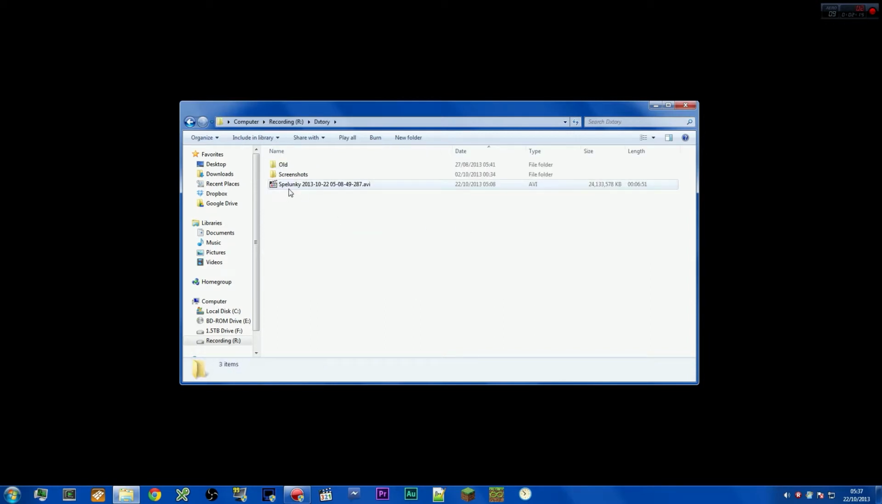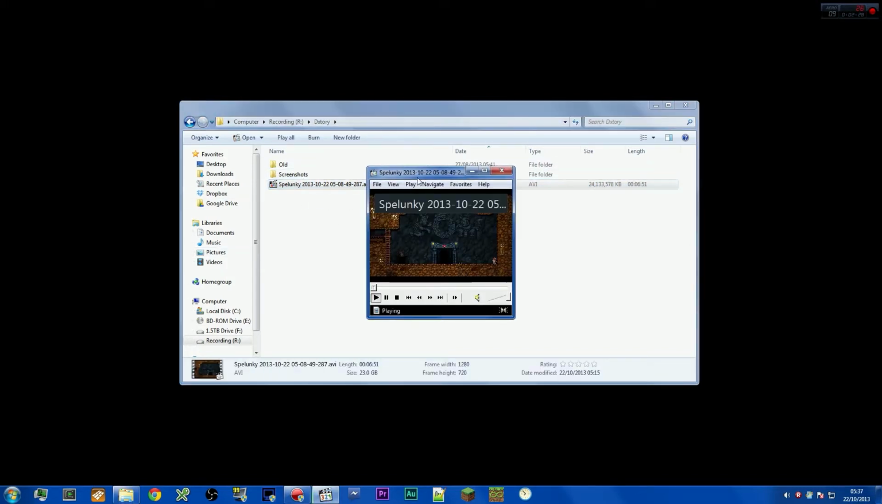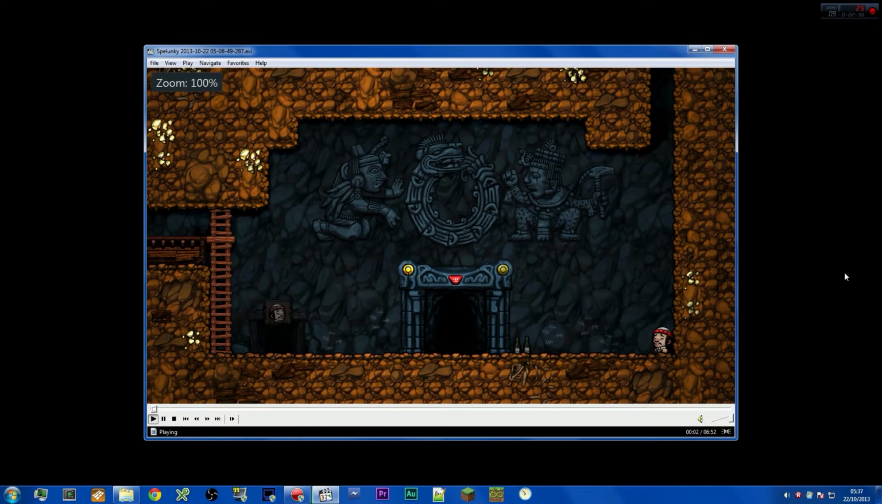Now, this is what I've just recorded. It's a video of Spelunky. Now, the way Dxtory works is it records the game audio into one stream and my mic audio into a separate stream. So I'll just fire this up. Media Player Classic, good software. As you can see here, we've got the game audio playing, but if I press A to switch the audio channels,